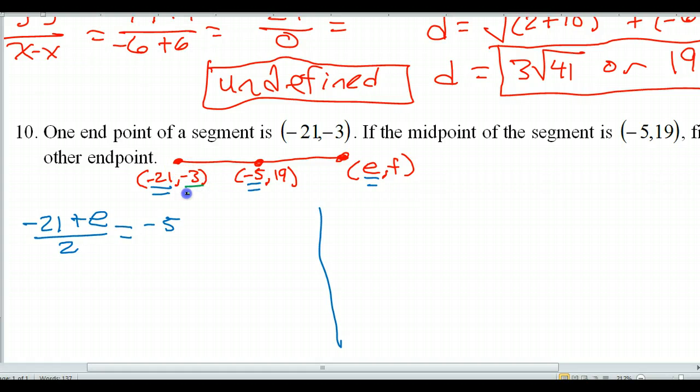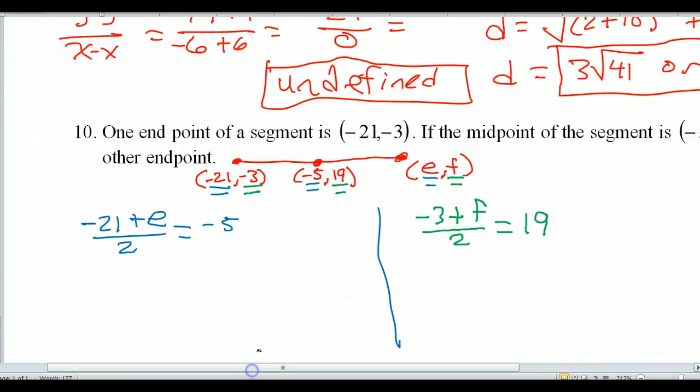Now I'll make the y value equation, looking at the negative 3, the 19, and the f. So the equation for those should be negative 3 plus f divided by 2 should equal 19. So setting them up is half the battle. Now we just need to multiply by 2. So I'm going to multiply by 2 on both sides. Some kids have been dividing by 2, but we're going to multiply by 2. That way these 2's will cancel out, these 2's will cancel out. So that's going to leave me with